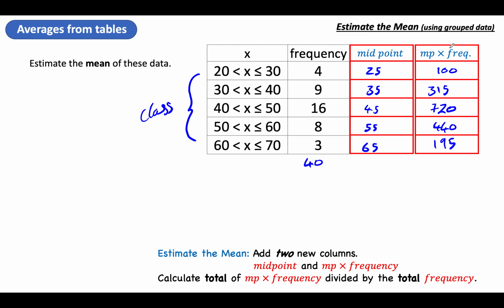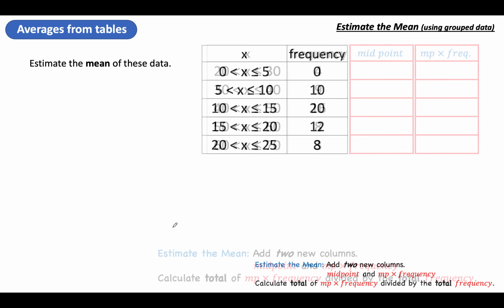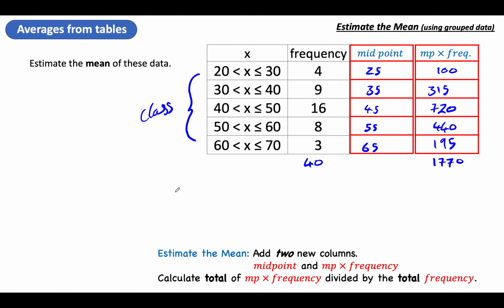I also need, as we did before, the midpoint times the frequency. This column where I've multiplied across, I need to add all of those up. 100 plus 315 plus 720 plus 440 plus 195 is 1,770. I really hope I haven't made a mistake with that, otherwise I'll look very foolish. So the mean